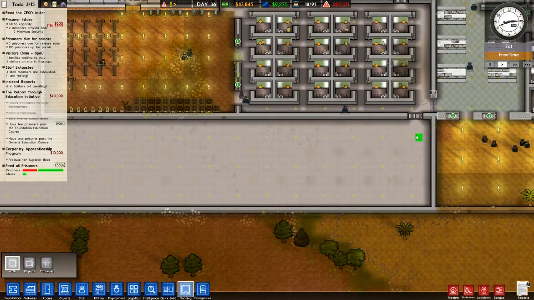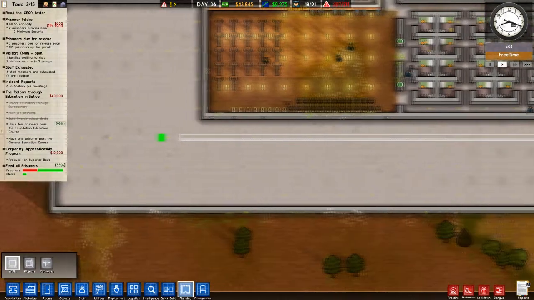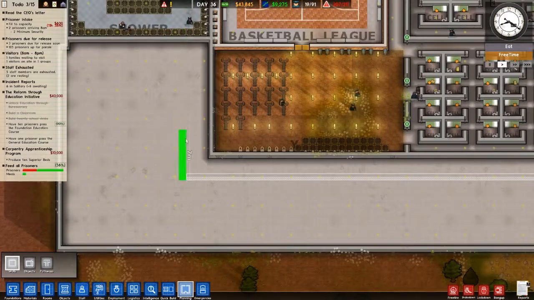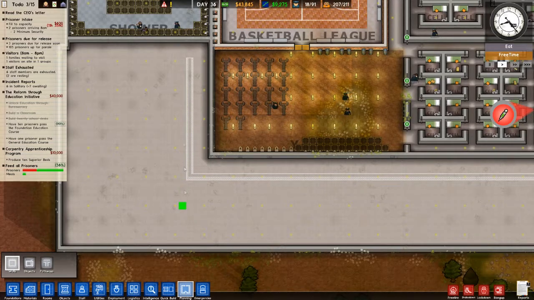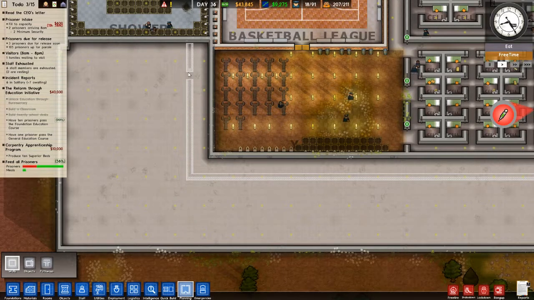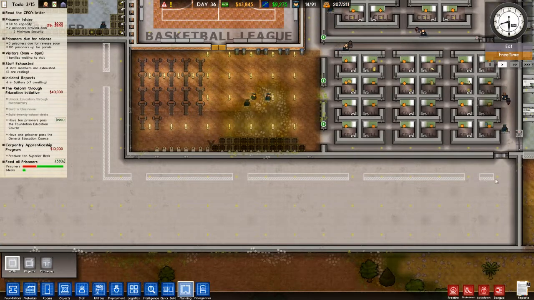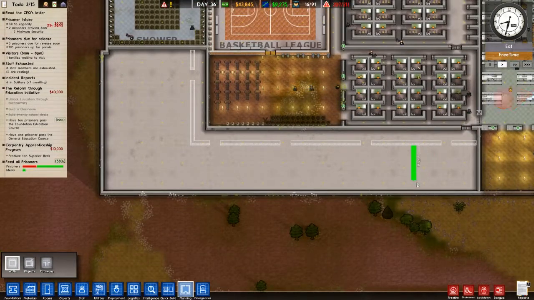So we want to have a double wide corridor going down the whole place. So that will give me double wide corridor. And that gives me a triple wide corridor. I don't want that. I want that. Okay. So access, access, access, access, access. Okay. And then within that, we're going to have